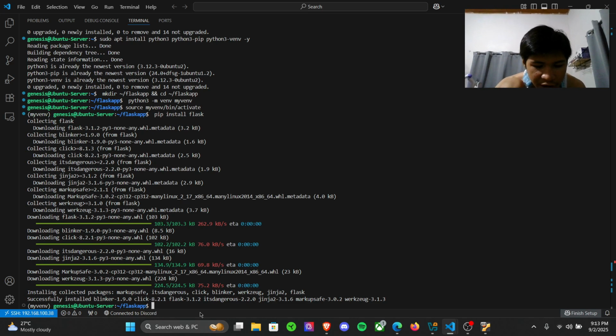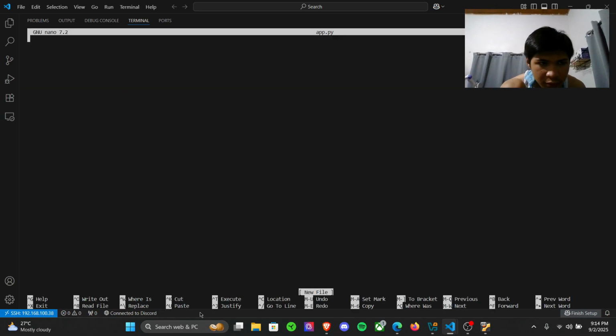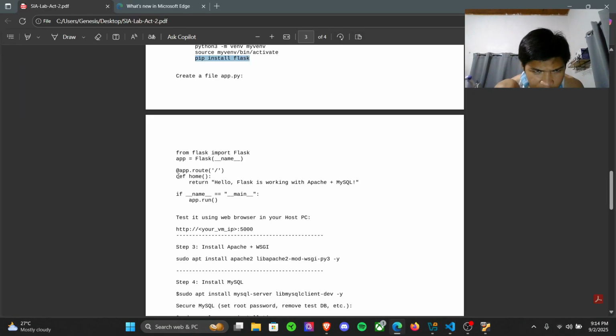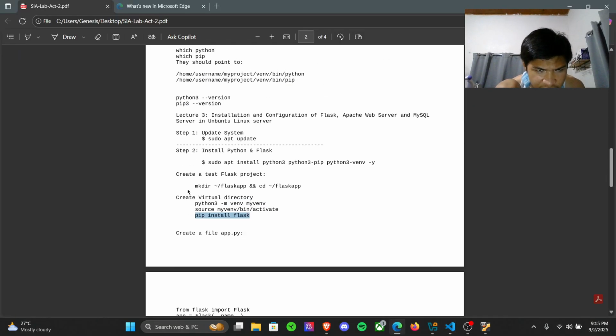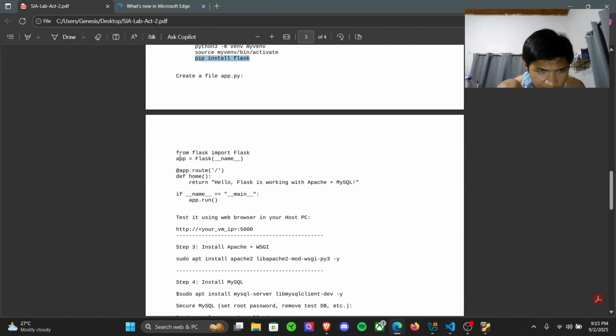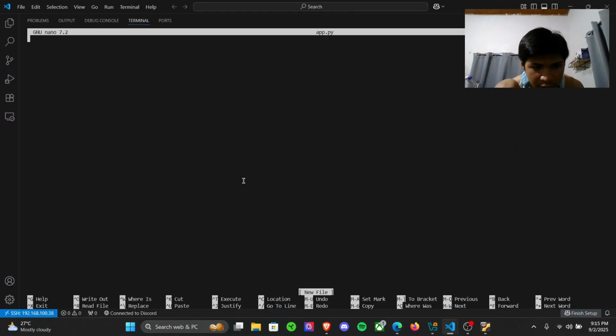So para magawa yon, kailangan natin mag-create ng nano app.py. There, mapupunta tayo dito. We'll copy our code here, from, then ang app run. Okay.